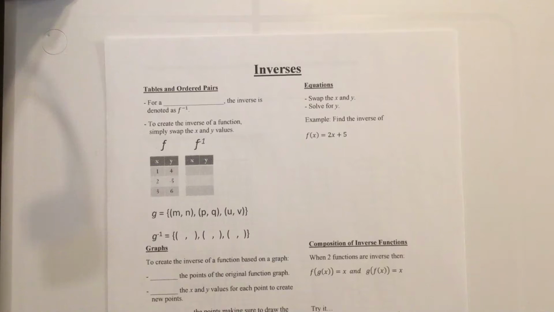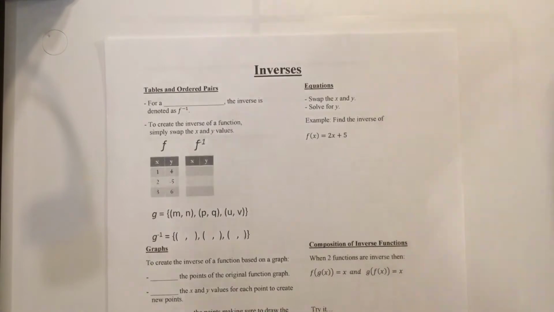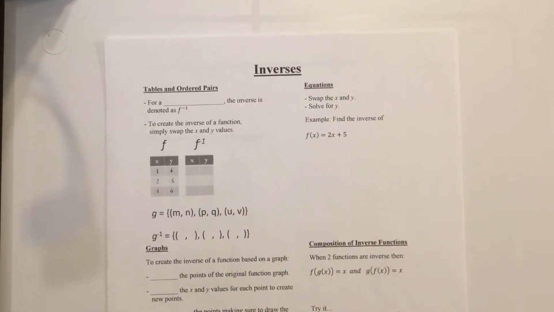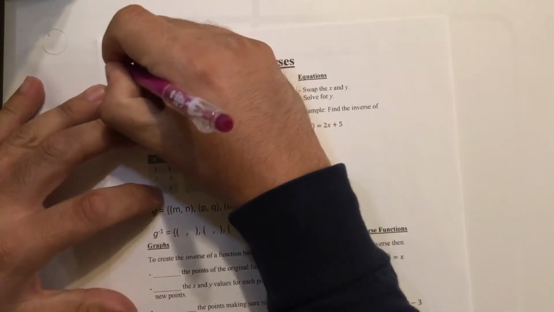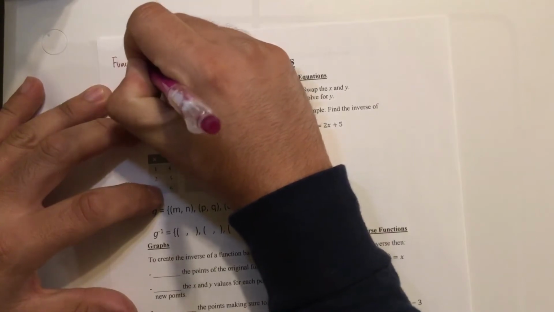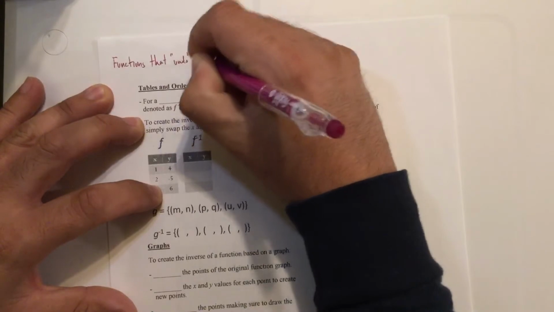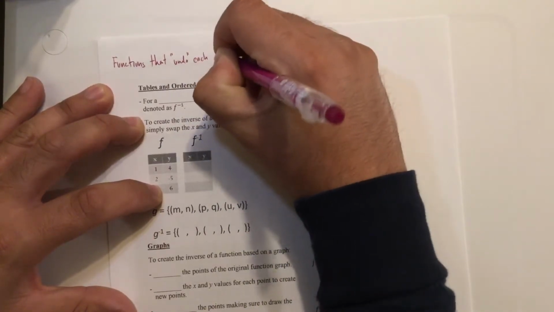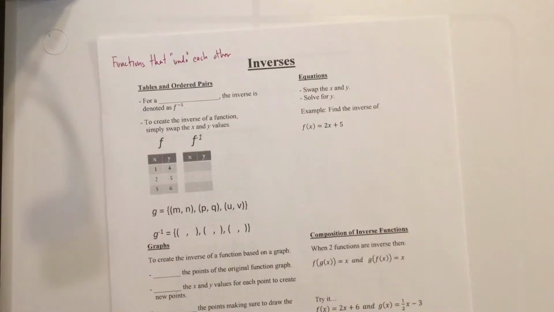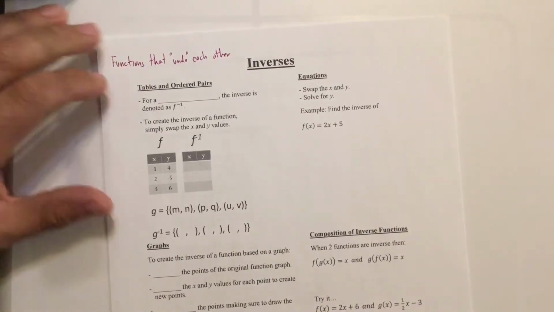All right, so these are the notes for inverses. So first off, the definition for inverses: they are functions that undo each other. All right, so our first thing is, it says for tables and ordered pairs. So for a function f,